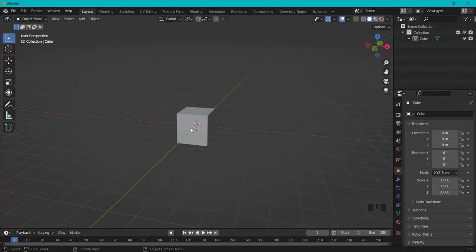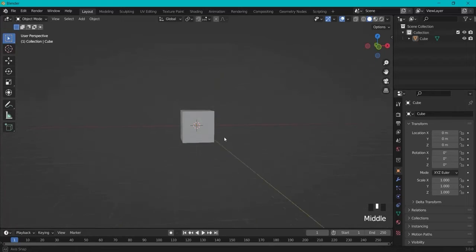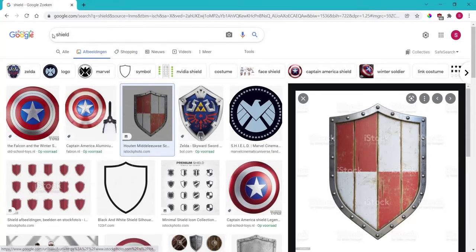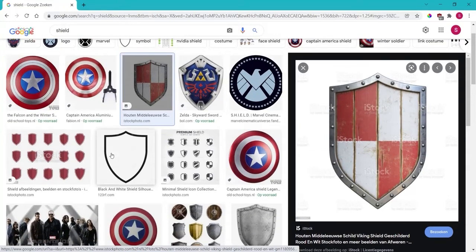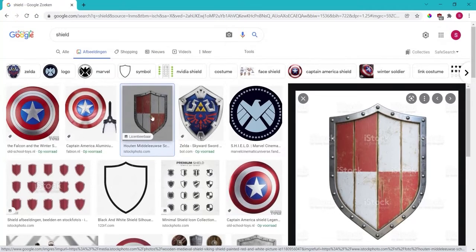Now, I don't know about you, but I am not great at drawing, so a reference image will help. And in this example, we will create a shield. So in Google, you can find any shield that you would like. You can start very basic or anyone you would like. I just picked this shield, but you can just pick anyone you like, save it to your computer, and then